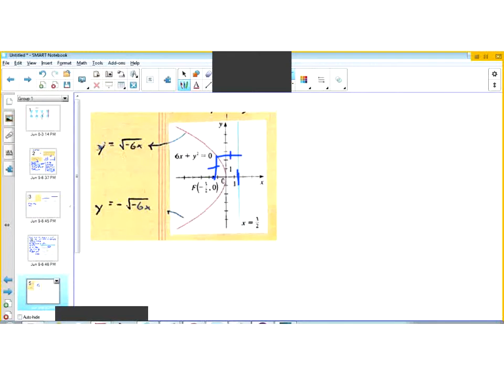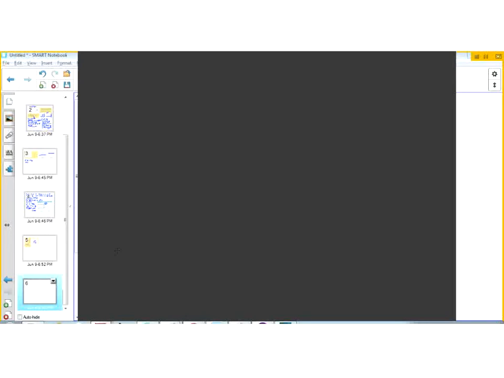And then also I labeled the upper branch of the parabola, which could be considered y equals the square root of negative 6x. And the lower branch could be considered y equals negative the square root of negative 6x. Okay, so one of the things we can do is estimate the width of a parabola. So that's another interesting geometric concept. And oh, by the way, I'll show you later on how this all relates to trigonometry. There is a very keen relationship, but I want to get some terminology settled first before we jump into the trigonometry aspects of this. Okay, so